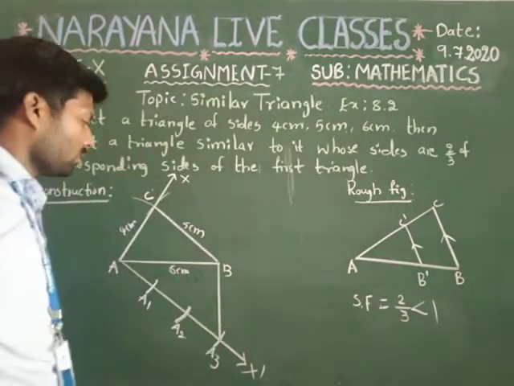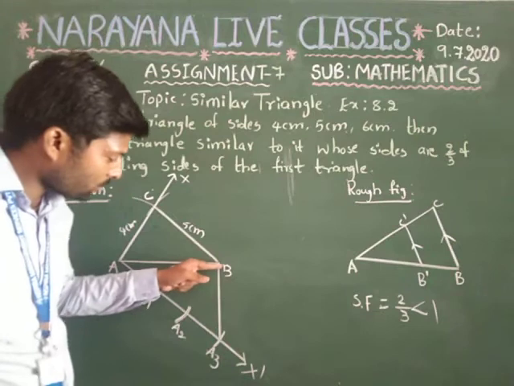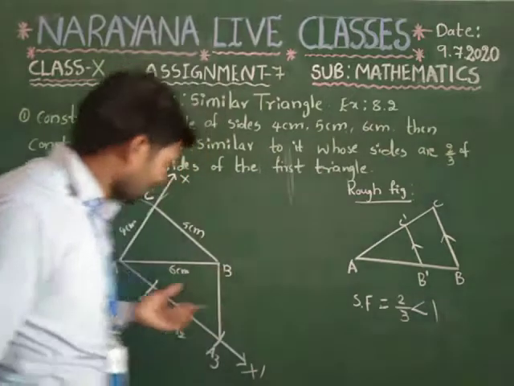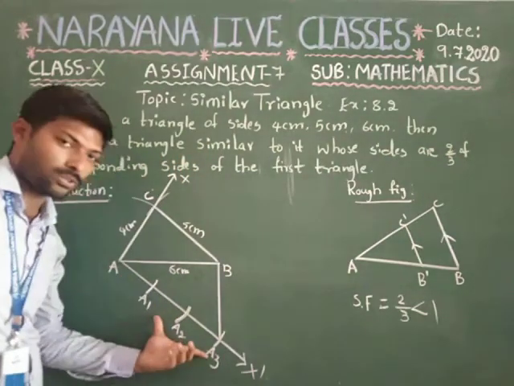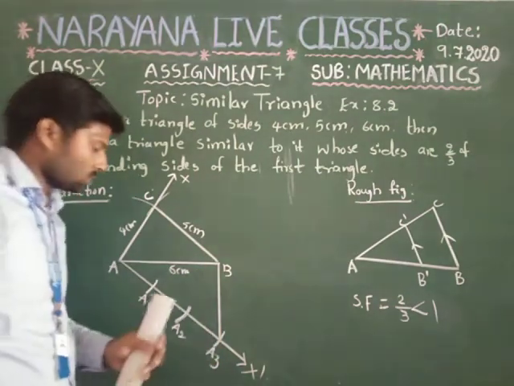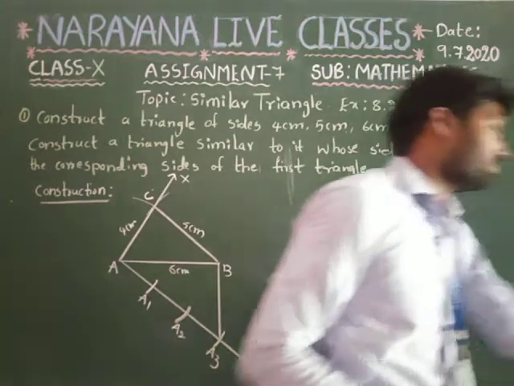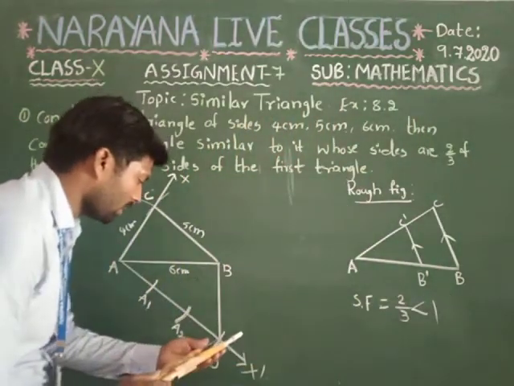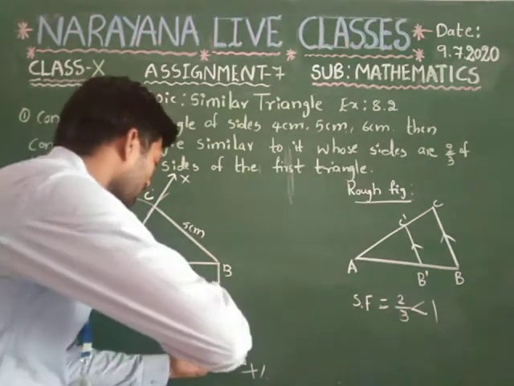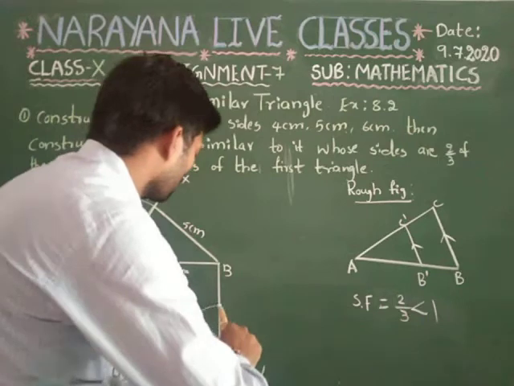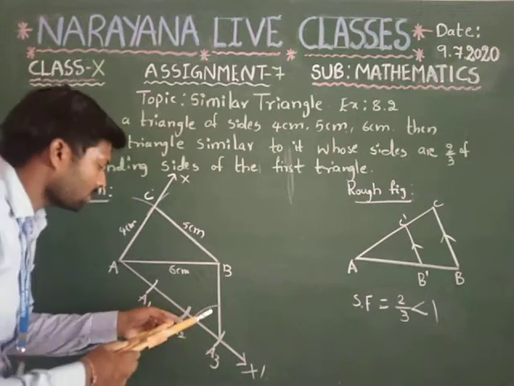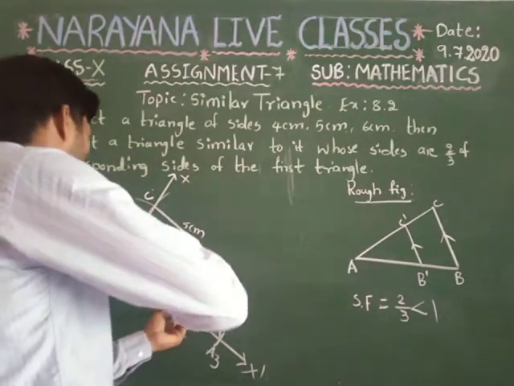Now we have to draw a line from A2 parallel to B A3. Why? Because it is 2 parts out of 3 parts. So how are we going to draw a parallel line? In the same way, take point A3 as the center with a suitable length as the radius and draw an arc. Without changing the radius, take A2 as the center and draw one arc.